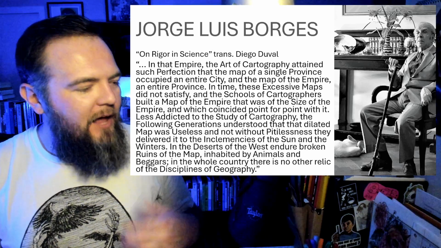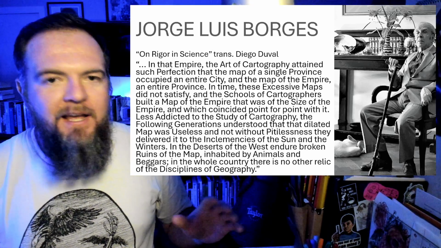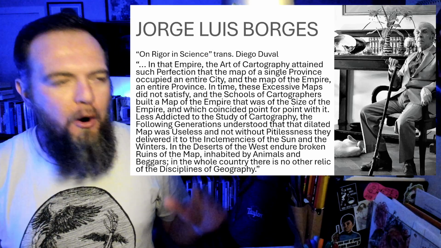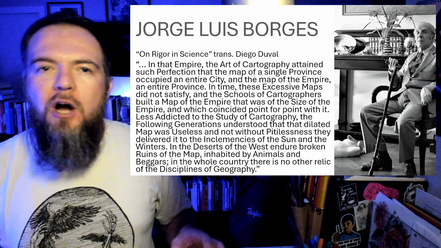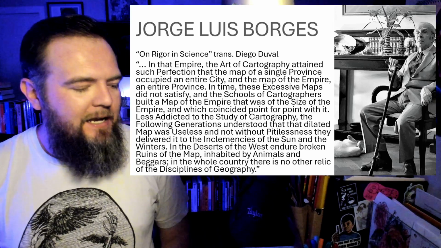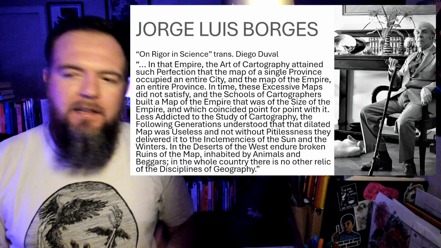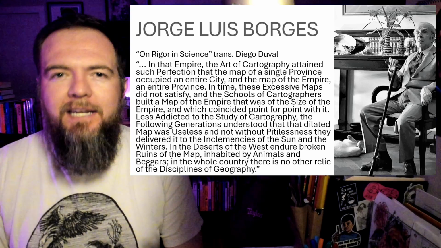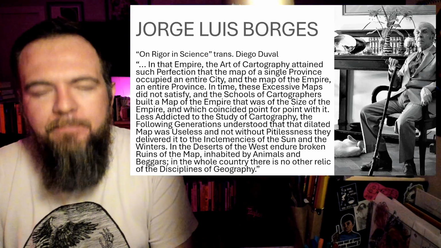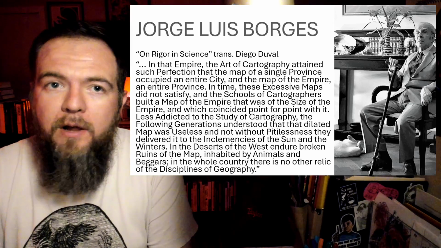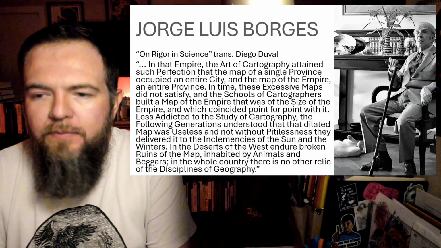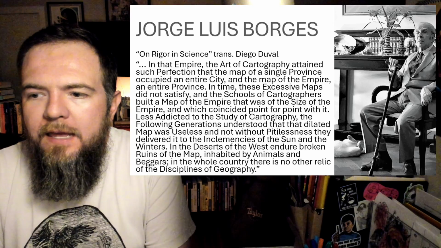So he wrote a lot of philosophical short stories. The Library of Babel, for example, The Garden of Forking Paths. Those two get talked about pretty frequently in philosophy, and he's a giant in Latin American literature. But here's the story that I think is most relevant for our context here, and it is this: